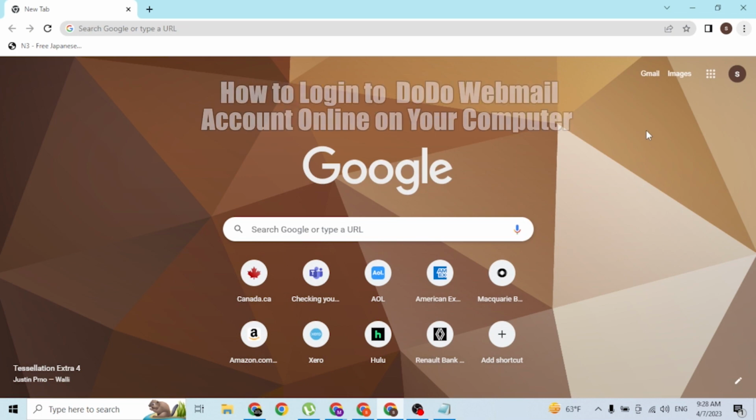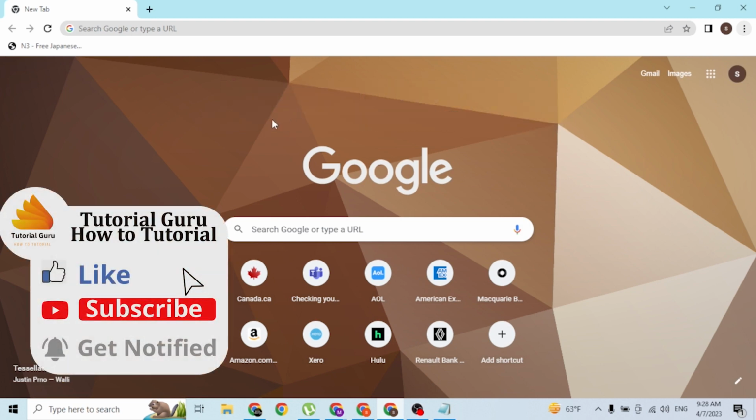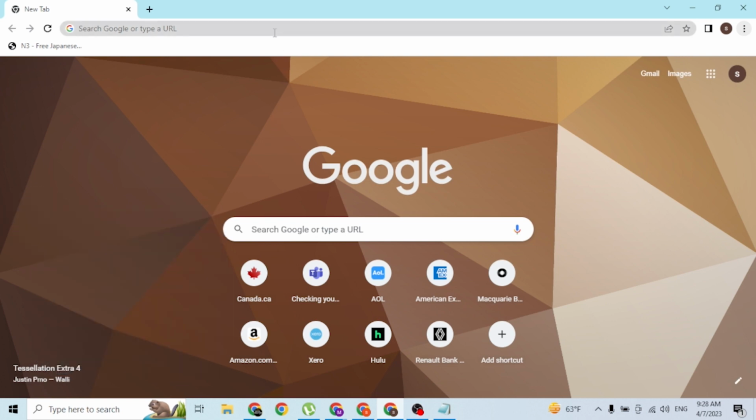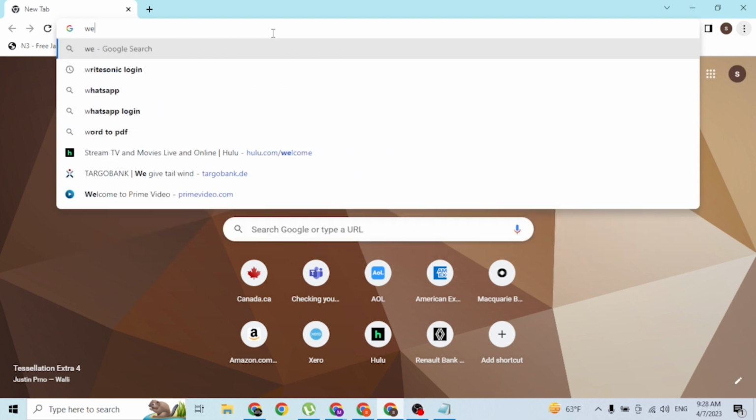Today I'll be showing you how to log into your DoDo Webmail account online on your computer, and now let's dive right in. Now to log into your DoDo Webmail account on your computer, first open up your preferred browser, as I have already opened Google Chrome, and in the search bar click over there and type in the address